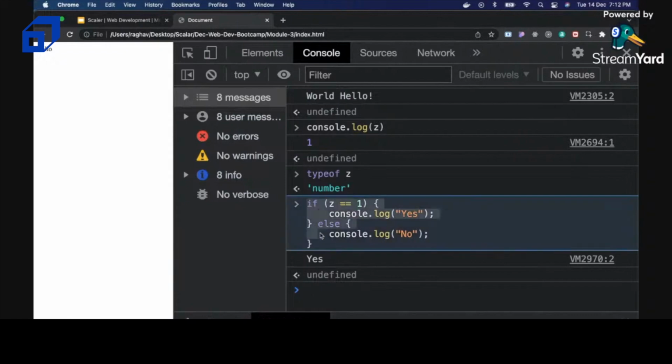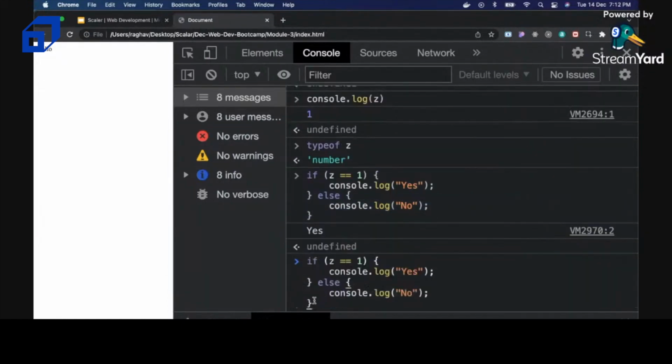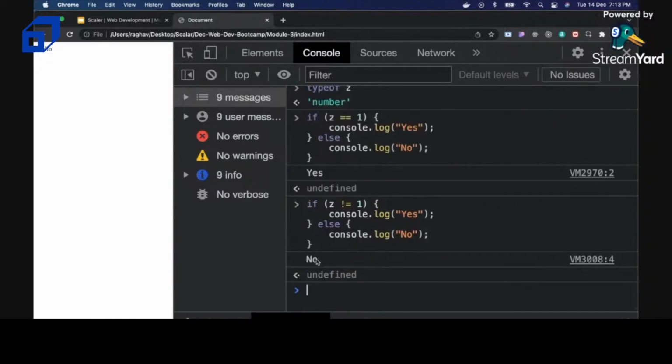So when I have run this function again, I got yes as an answer as the value of Z is 1. But what if I don't want the value of Z to be 1? So basically I have a not operator. When I type an exclamation mark, that means not equal to. So the answer is no. Again, these are the simple terminology that we can use. So basically